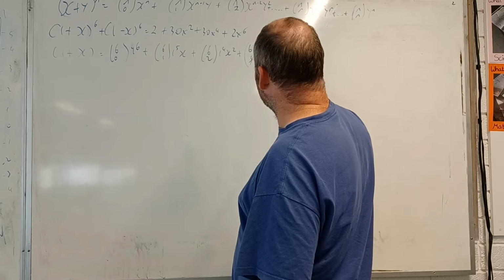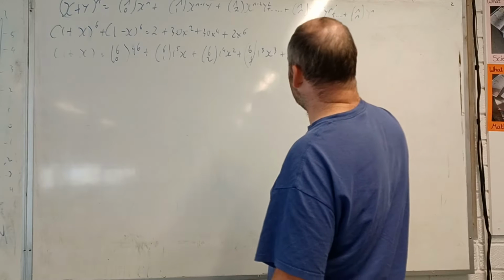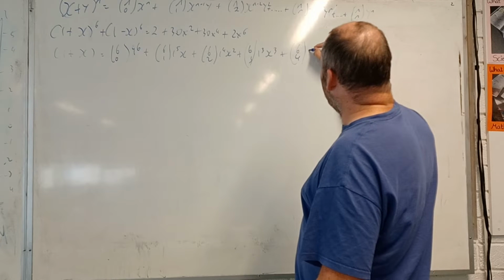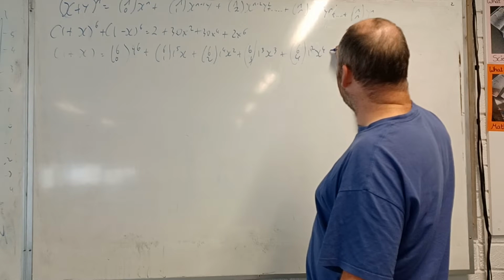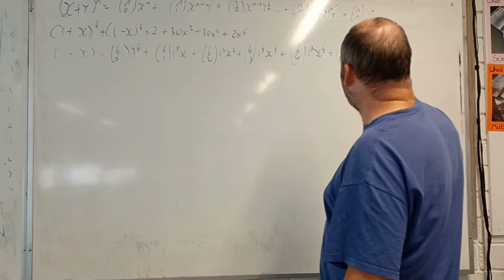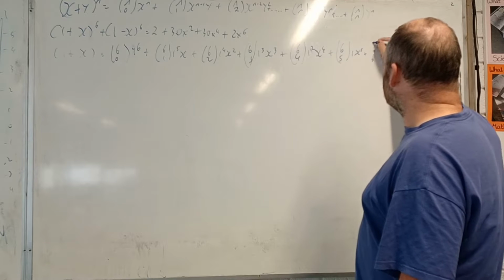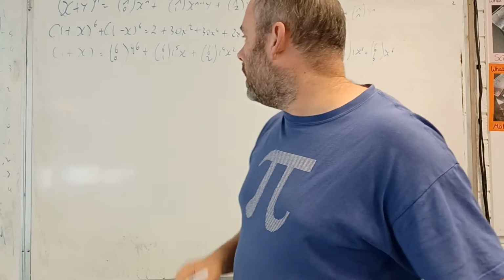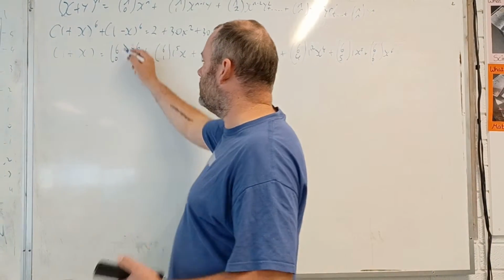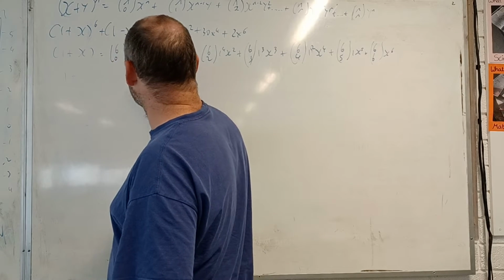6C3 by 1 to the power 3 by x to the power 3, 6C4 by 1 to the power of 2 by x to the power 4, 6C5 by 1 by x to the power 5, 6C6 by x to the power 6. Alright? So, going through these, 6C0 is 1 by 1 is 1 plus